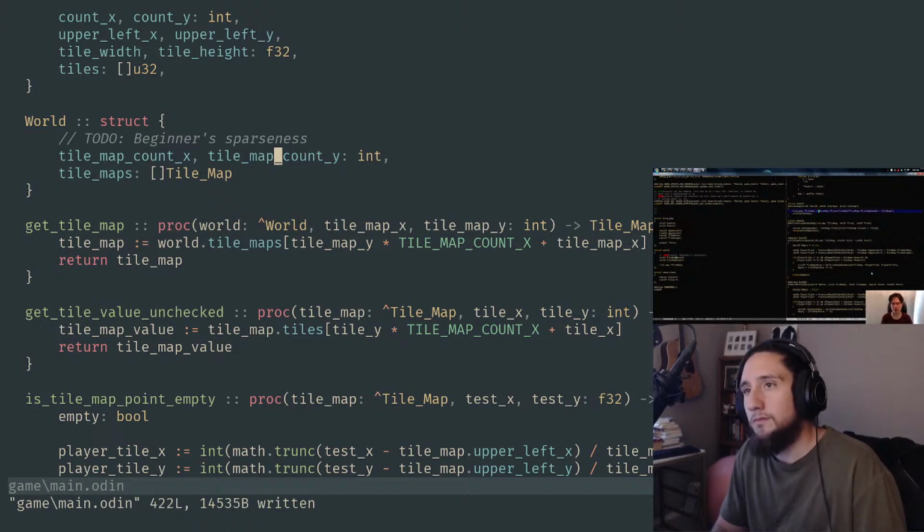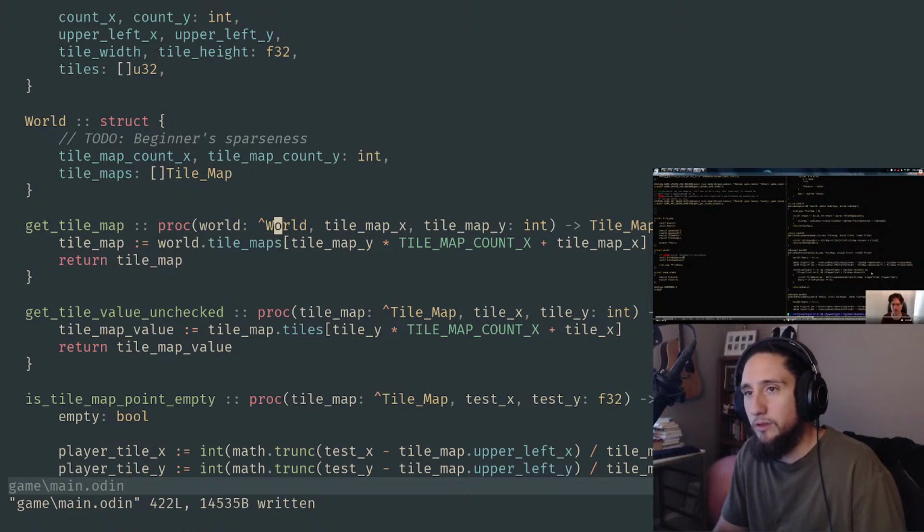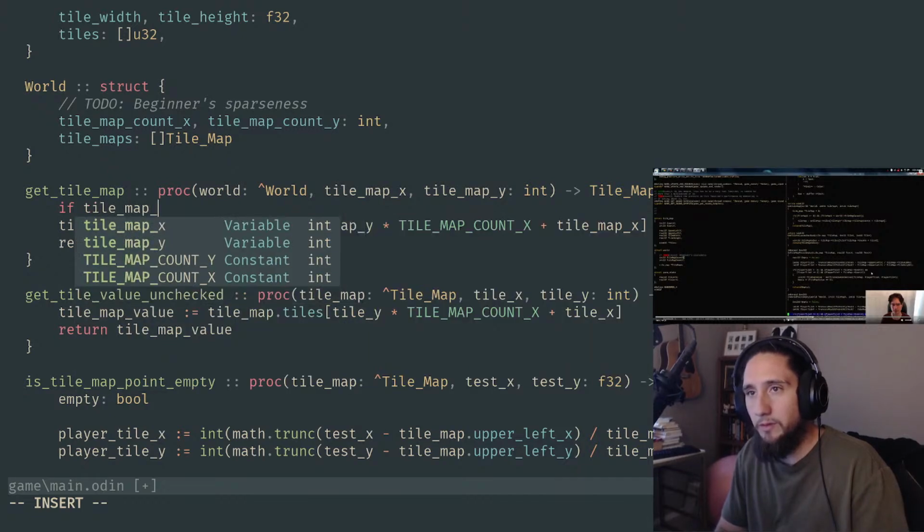And now what we probably want to do is make sure that it is guarded itself, so we'll look to see whether the tile map X and tile map Y are in bounds, again using the exact same math that we were using before. Nothing out of the ordinary going on here, the world, and we go set tile map. Oops. So I think it's important still to store those values, right? Of course, you want to know what the dimensions of your world are, but I think we can just neatly say, if tile map,